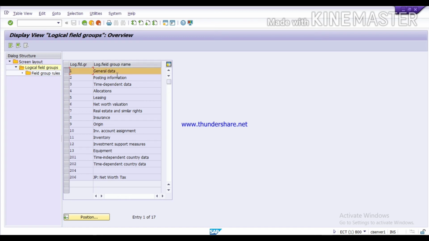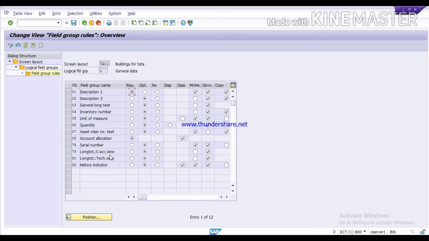In these fields also there are so many field categories. Suppose I just want to control the fields of journal data. So select this and then click on field group rules. Double click on it. Here you will see the fields which are under the journal data.